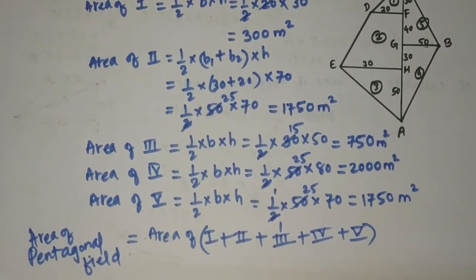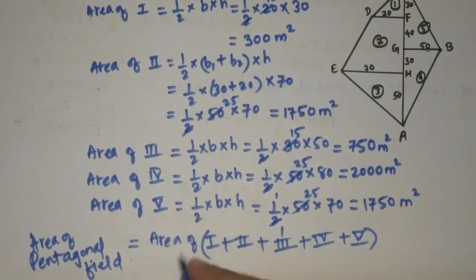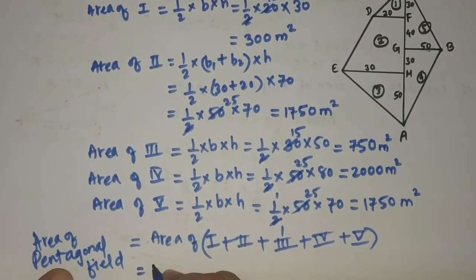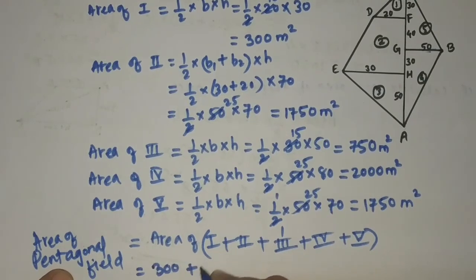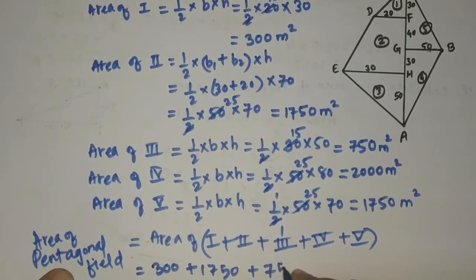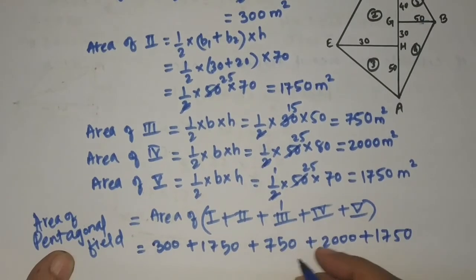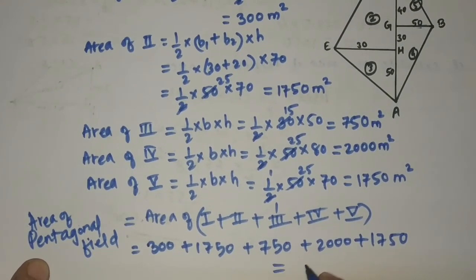Okay, we have to add all areas. So I'll write down all the areas here. First area is what, friends? It is 300 plus. The next area is 1750. The next 750. The next 2000. And the next one is 1750. So if we add them all, you'll get